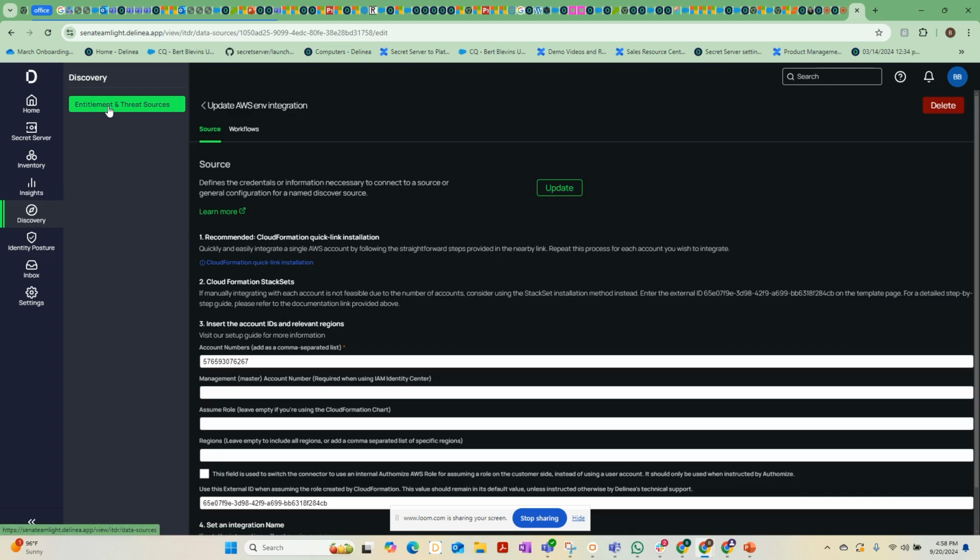What happens when we add a new identity source into cloud identity and discovery is that it takes about a day for that to fully circulate, get all the information back, and pull it together so you can actually see it within the console. We're going to take a look at that in a moment as well. So why don't we take a look next at